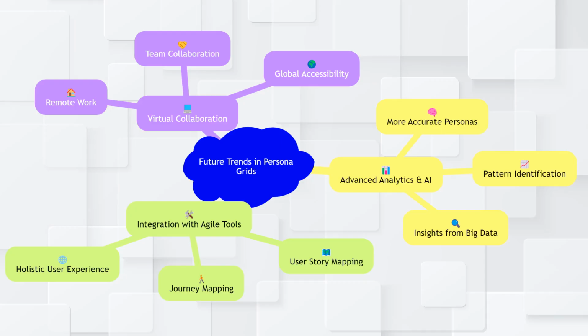As technology and user expectations continue to evolve, persona grids are likely to become even more important in agile strategy. One future trend is the use of advanced analytics and AI to create more accurate and detailed personas. By analyzing large data sets, teams can identify patterns and insights that may not be apparent through traditional research methods. Another trend is the integration of persona grids with other agile tools and practices, such as user story mapping and journey mapping. This can provide a more holistic view of the user experience and help teams create more seamless and integrated solutions. Finally, as remote work becomes more common, virtual collaboration tools will play a key role in creating and